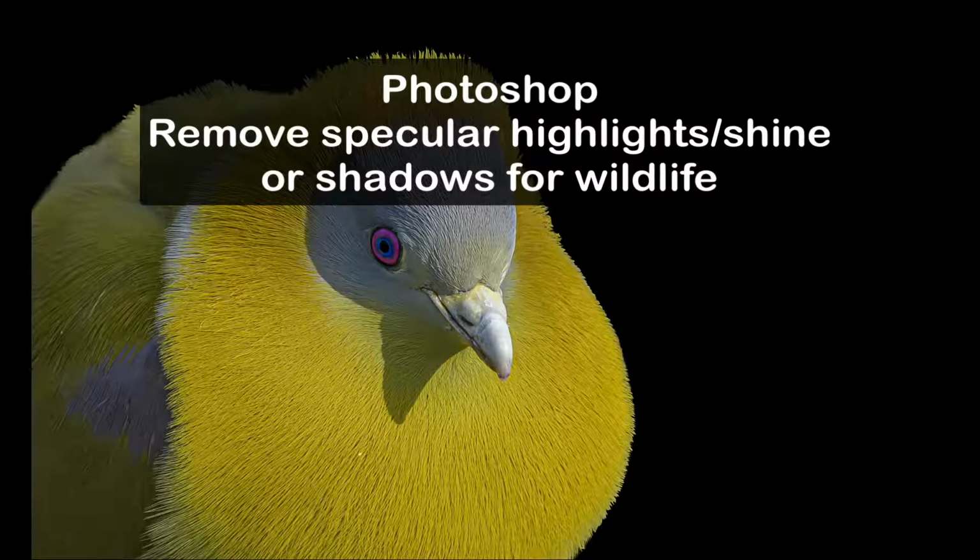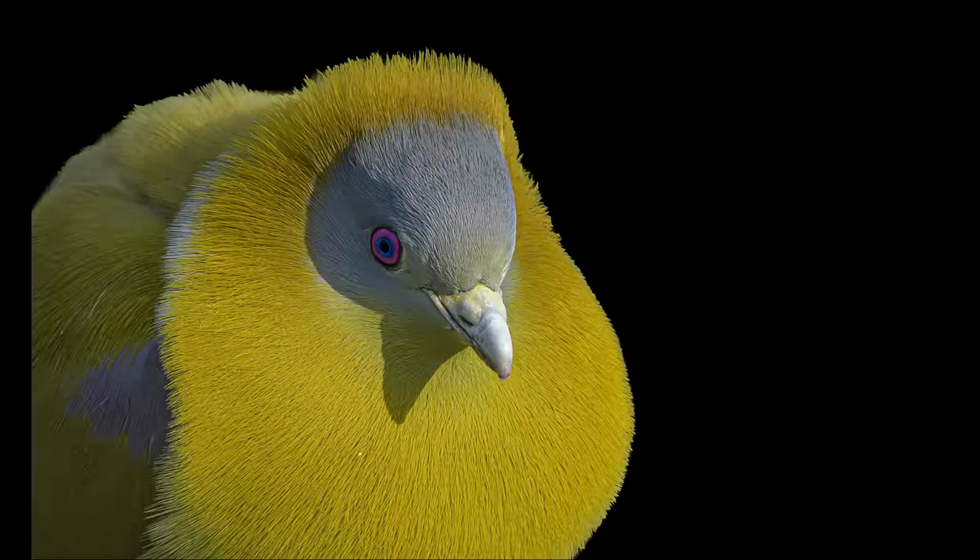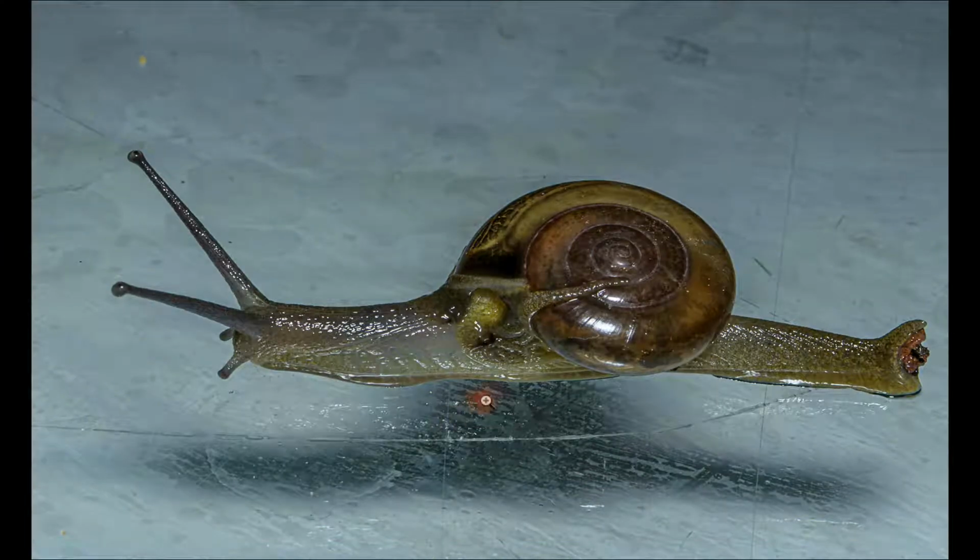In this short video, we will take a look at how to remove shadows and highlights or shine from wildlife images using Photoshop. This is perhaps more relevant for macro photography and flash, but can also be used in other cases like this bird, where we have a harsh shadow here. To demonstrate this technique, I will use this particular image of the bird for the shadow, and this image, almost a macro, of a snail for removing highlights and shine, whatever you choose to call it.